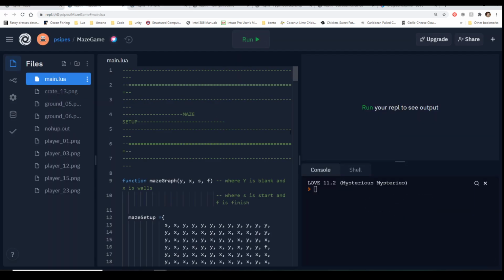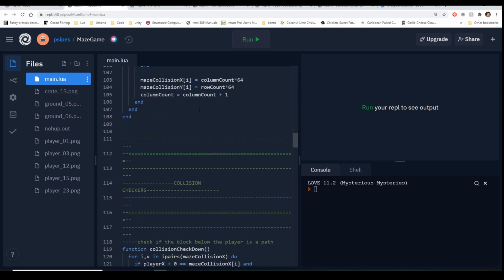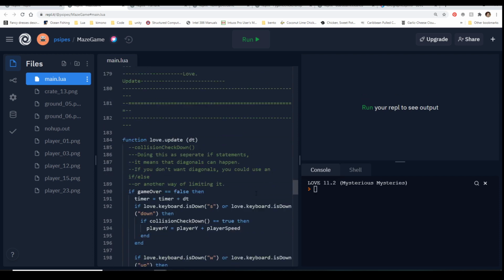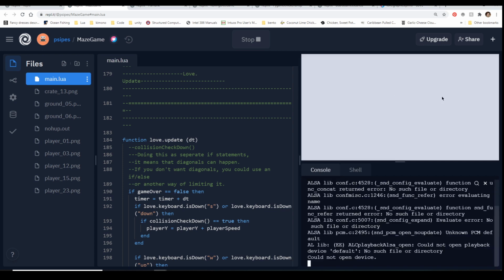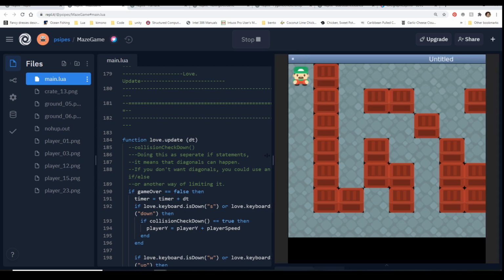And all of these are things that you can come in and you can look at the code. You can see how I did it. These, again, are meant to be written in such a way that you guys should understand them and be able to follow them. So the maze game does not work that well. 100% does not work that well.